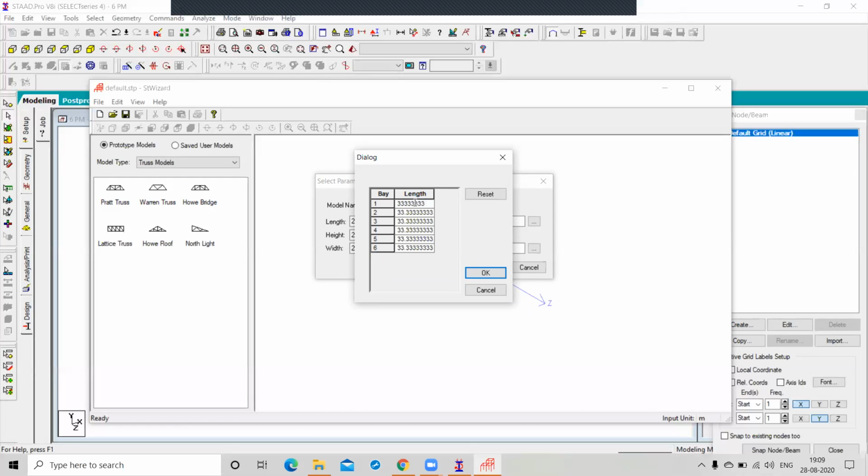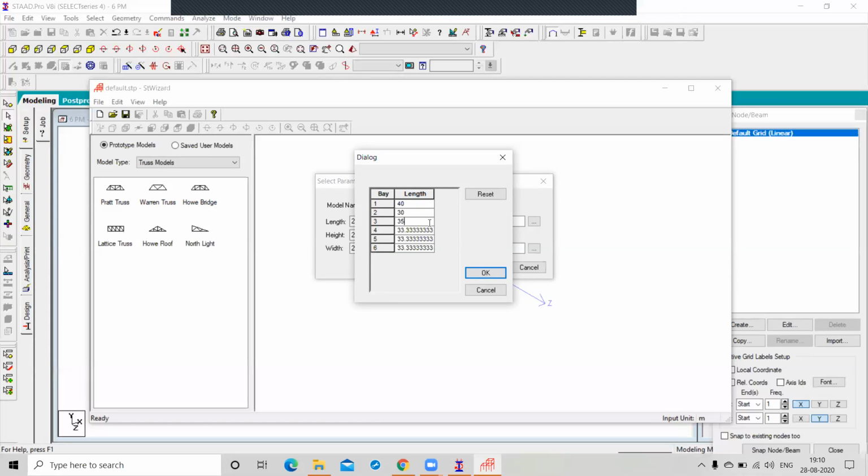You can delete this and specify as 40, right? Okay. And the next, what do you want? 30. Give distance as 30, right? Okay. And if you want equal parts, you can click OK. Now if you 35.